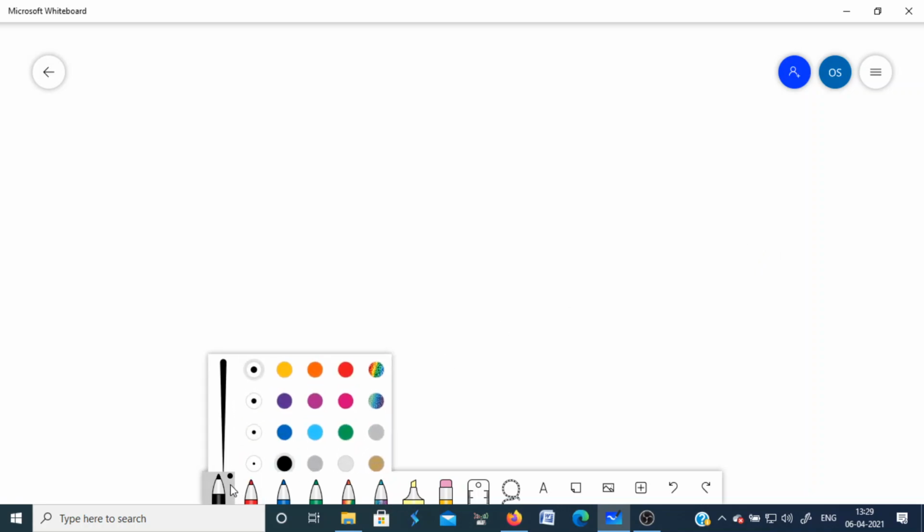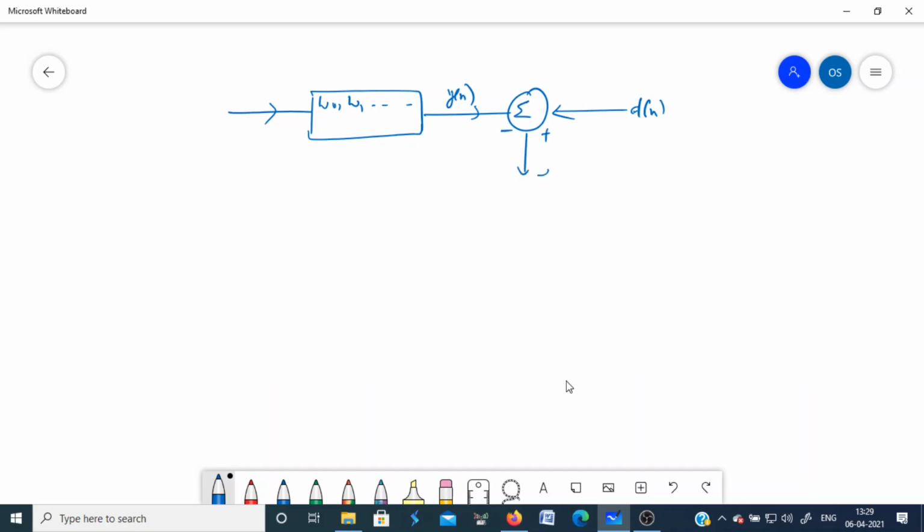So my filter is now: I have an input sequence, I am applying it to a discrete time filter with some filter weights, and I am getting output yn. Then I am finding the difference between a desired sequence and this output of the filter, which is the error sequence, dn minus yn. Since it is a linear filter, you can simply say that if un is the input sequence,